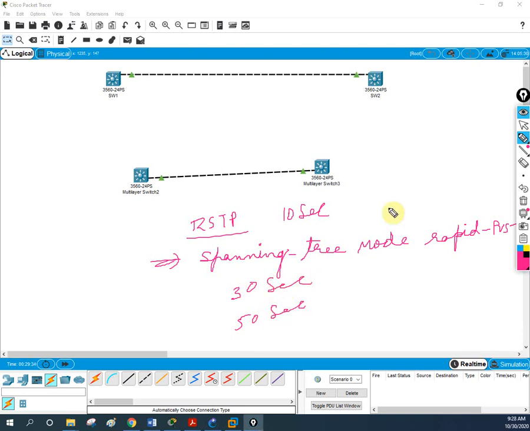So what else can we discuss here? I think PVST is the only thing, and BPDU we already learned in our last class. And the timers we already discussed: the hello timer is 2 seconds, and all the switches send hellos in the form of BPDUs. We already checked that, I hope, right? In our previous classes we discussed BPDU, and the commands, and how to change the timers. So now we have the topic PortFast.